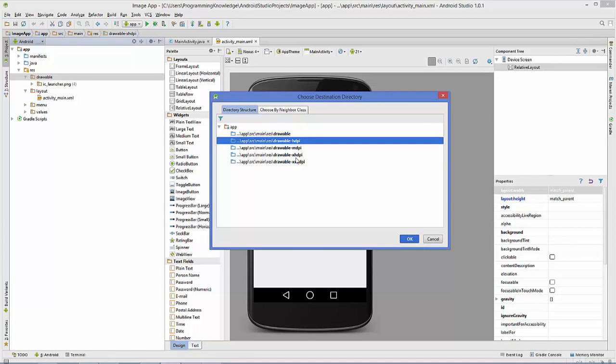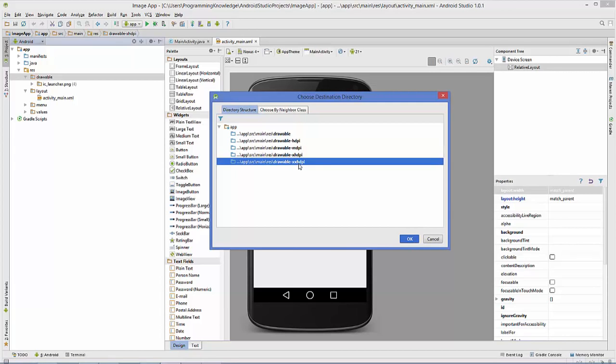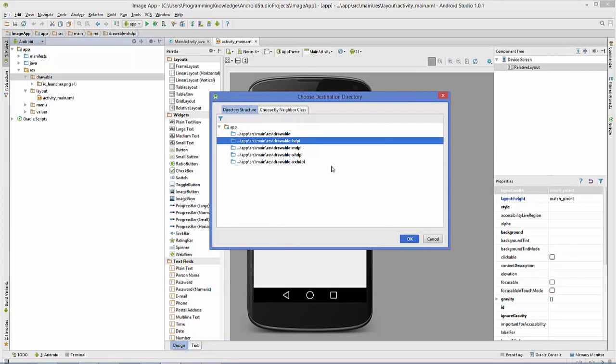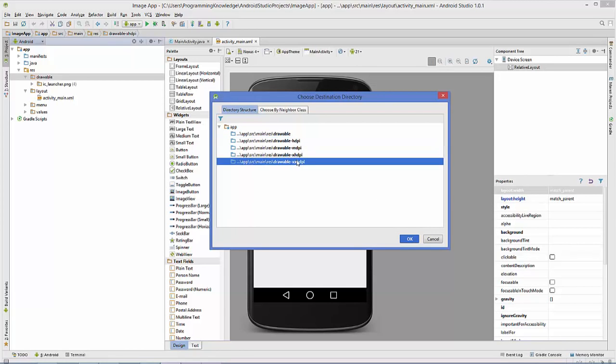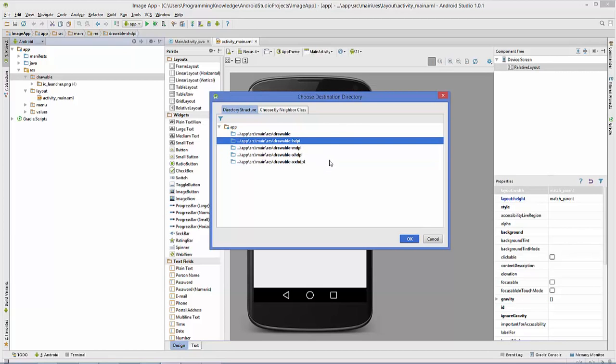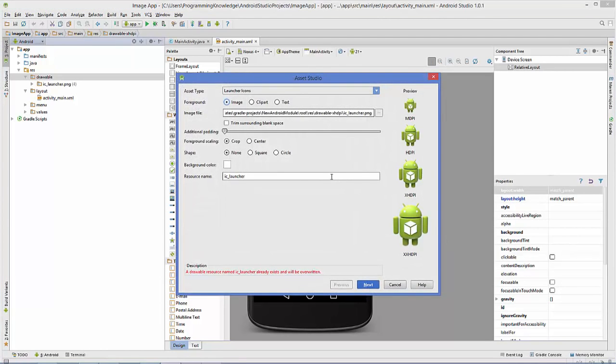Third is XHDPI, which is extra high DPI, and XXHDPI, so high quality DPI. So I'm just going to click OK. Just choose one of them. It doesn't matter which one you choose, because whatever image you choose, it will be converted into all these formats, right? So just click OK, and in here you will see there is a default PNG file